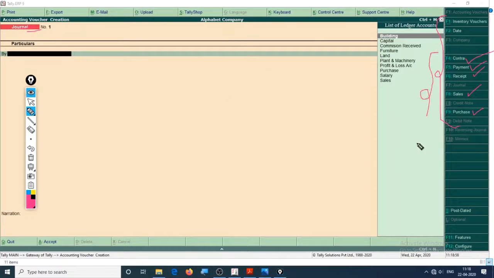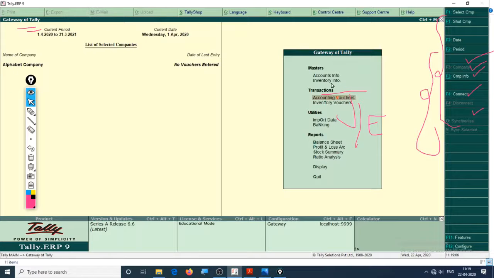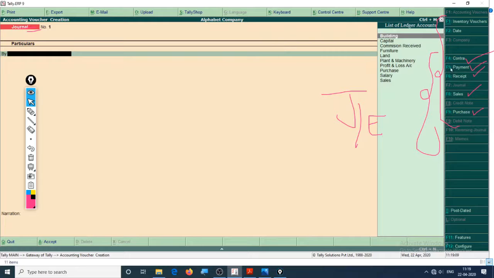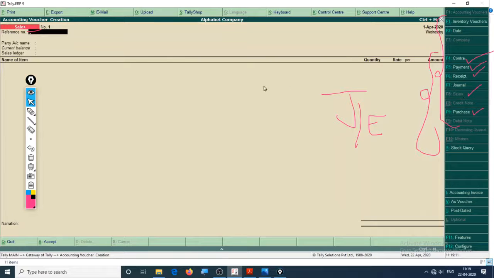So suppose, why are these entries different? These are all journal entries only. I'll remove this tab. Okay, suppose I choose F8 and I choose sales. So this is how you'll create your own bill, your own invoice of your own company, and you can shift to each one of them via the hotkeys that are shown here, that is F6, F7, F9 or F4. So we have to enter the entry of the cash.